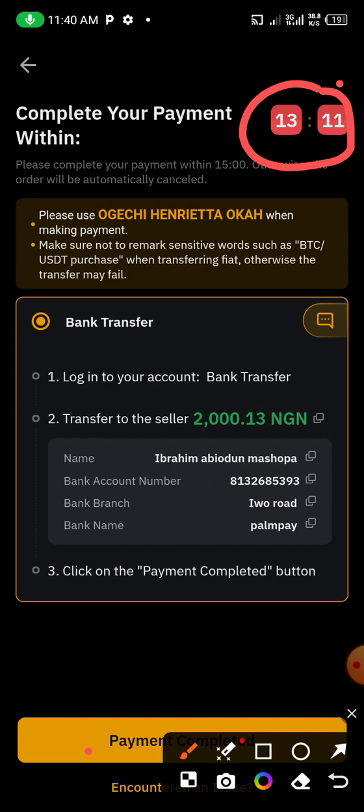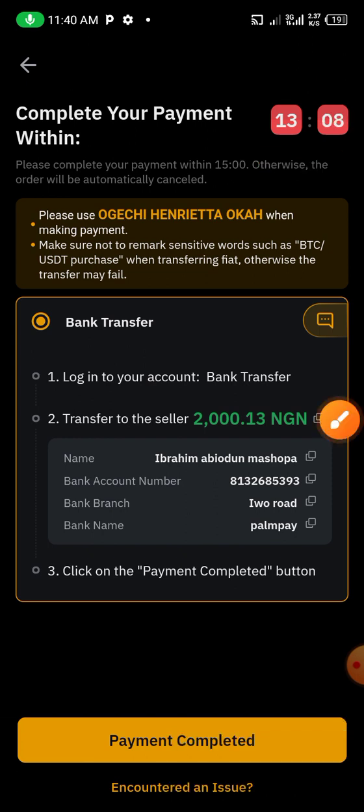Then once you do the transfer for this guy, you will now wait patiently. If you wait patiently, he will release the coin. Once the coin is released, I will now tell you what to do next. So try it out and tell me what you think about it, whether your coin is being released or not. Then if there is any issue at all,